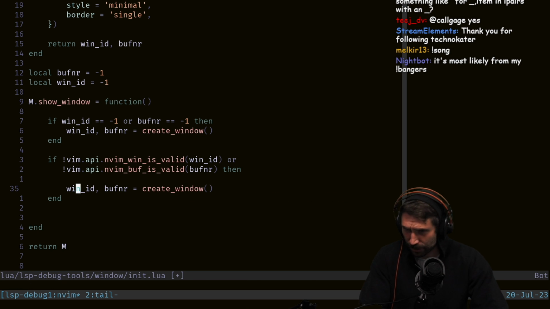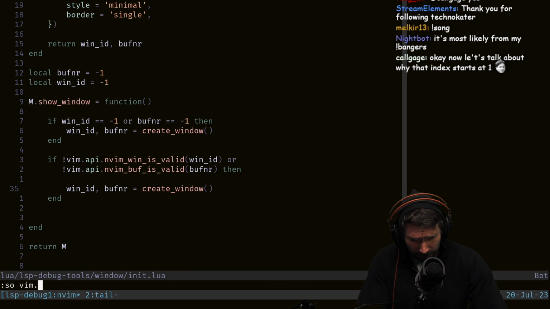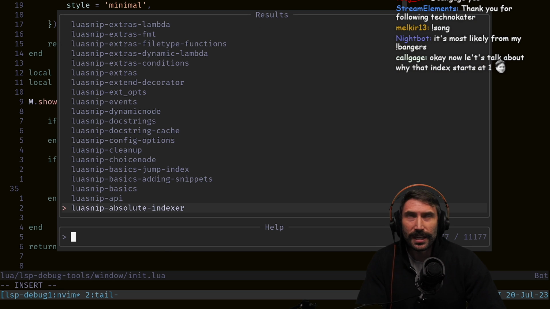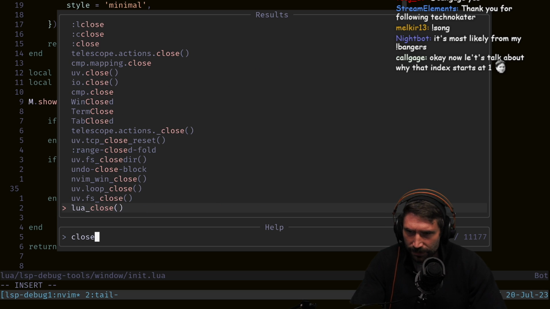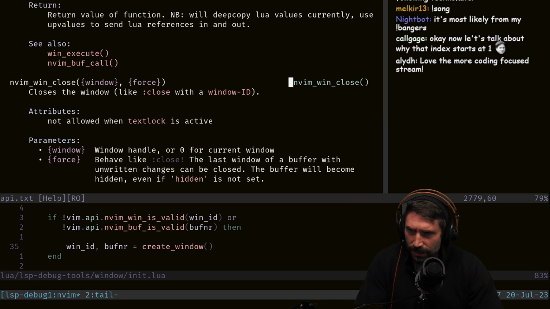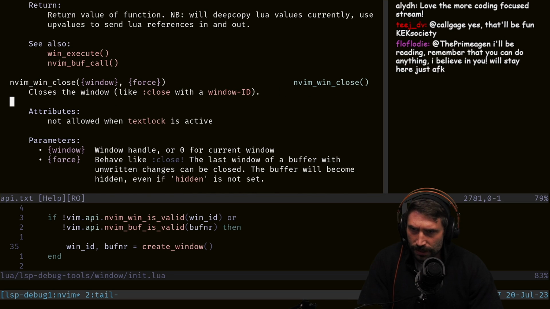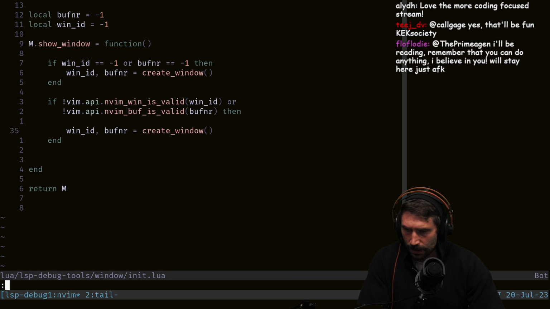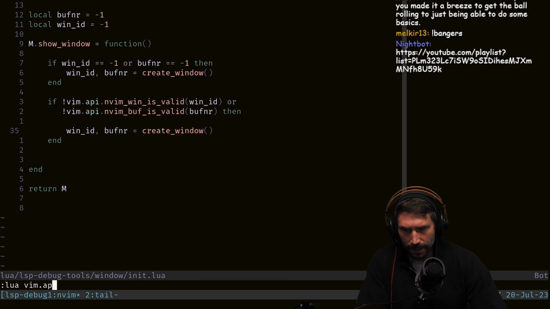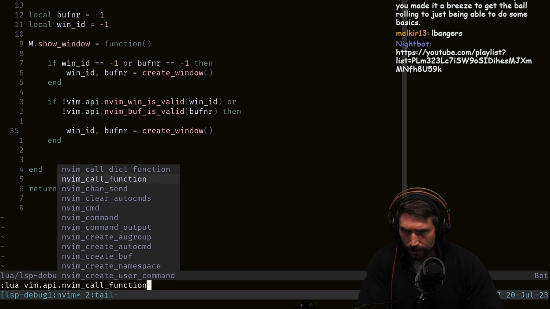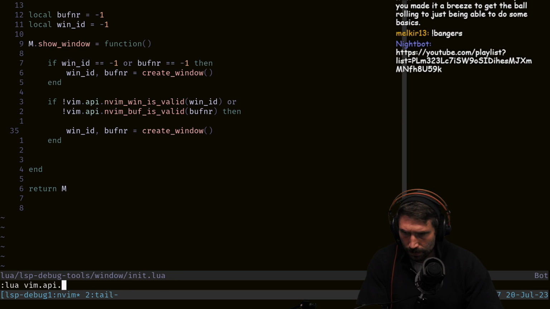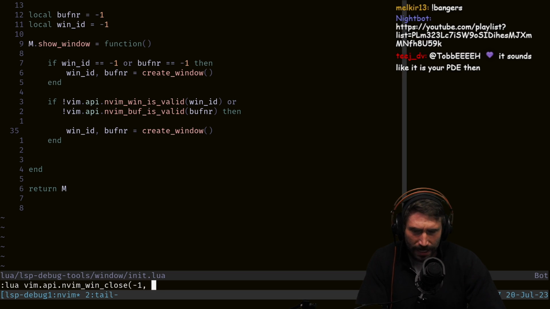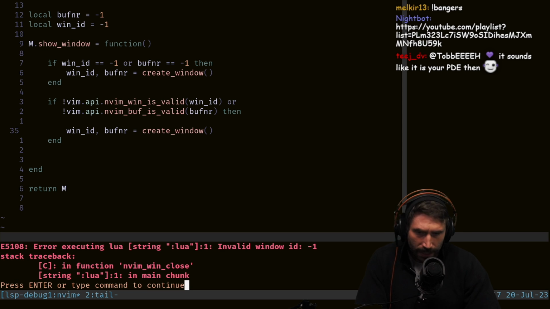If, I guess I should probably go like this. Shout out, Lua, Vim, API. Why don't I just go like this? There's close, right? There's close buff. I can close this. Is there anything? Let's see. It closes the window. Let's just go like this. Lua Vim API.nvim win because it's the first one, right? So let's just try -1. What happens if I put in -1 true? Okay, so